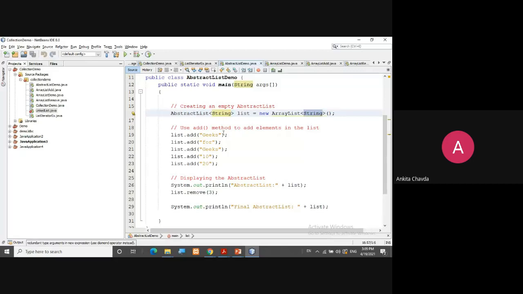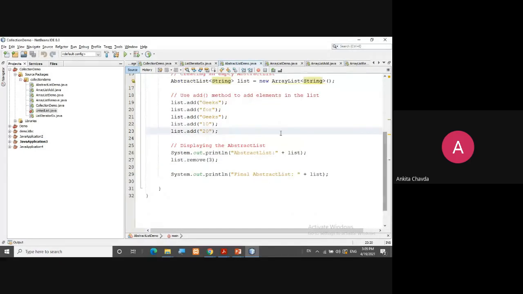So we can use this add method to add the elements into the list. So list.add gigs for gigs. I have kept it the same due to the copyright issue, right? And I have added more elements, 10 and 20 and so on, but they all are considered as string.